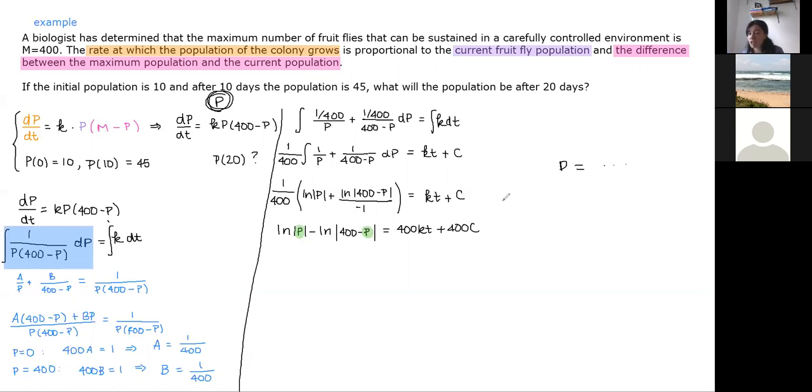At this point, we've finished solving the differential equation. What we're trying to do is to find the explicit expression of P in terms of t. So the first thing I'm going to do is, it looks like I have a logarithm on both of these sides. And if I could get rid of the logarithm, hopefully it would be easier for me to find the value of P. So I'm going to try to get rid of the logarithm. But to do that, I first have to write both of these logarithms as a single logarithm. So I'm going to start by writing this as ln of P, and if there's a minus, that means that this term over here has to be in the denominator of the inside function of my